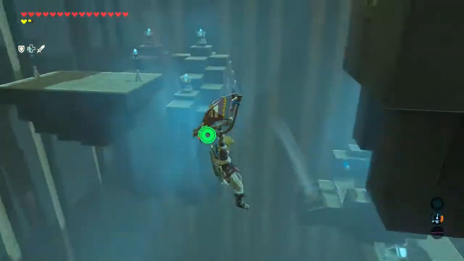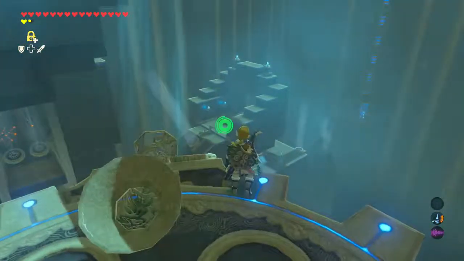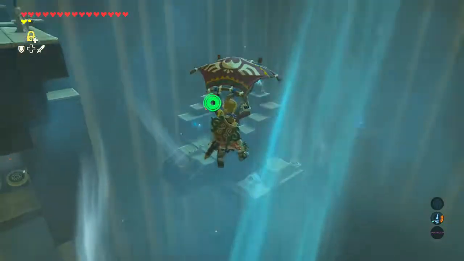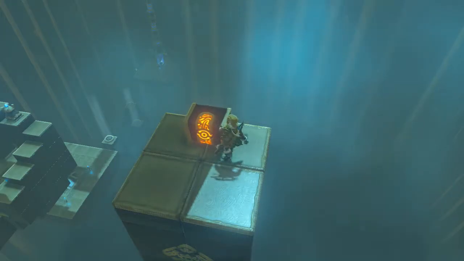And you might think, well, that's kind of cheating. I don't want to use bomb arrows. And I would say no, it's really not kind of cheating. And you'll see what I mean as soon as I can get up to that chest, because it's kind of like they intended for you to use them. Just a little bit.